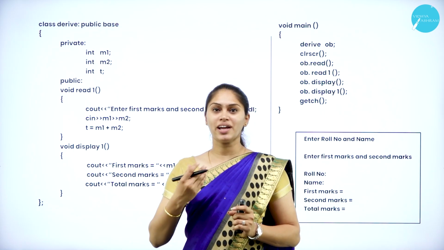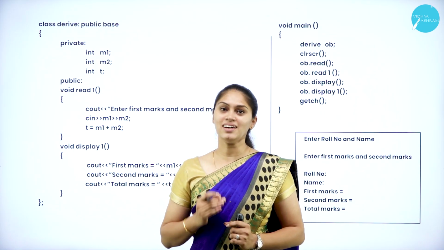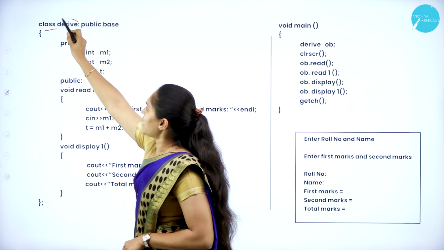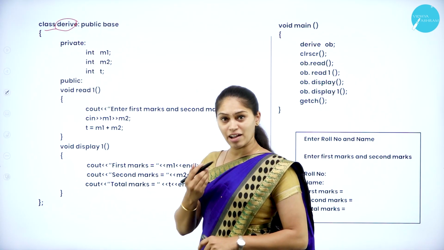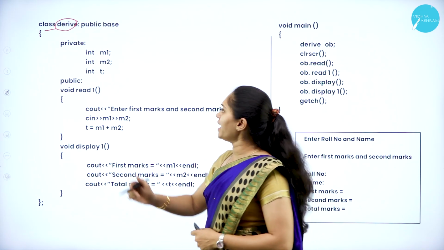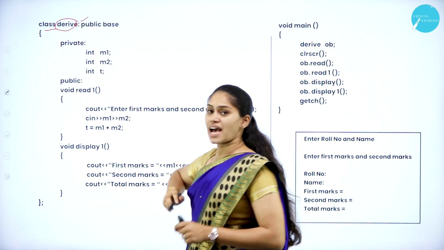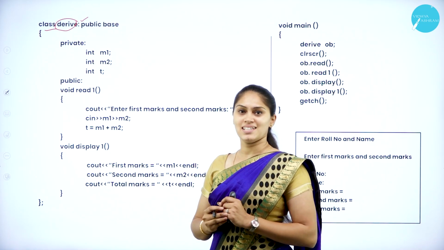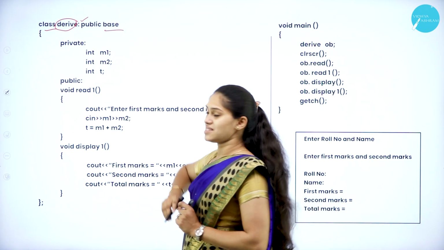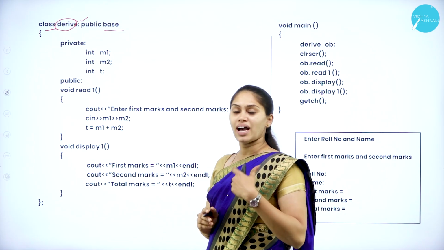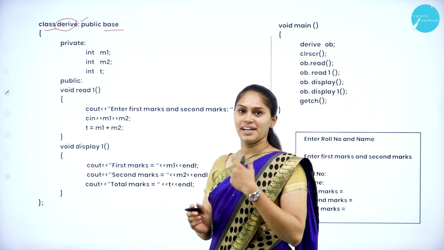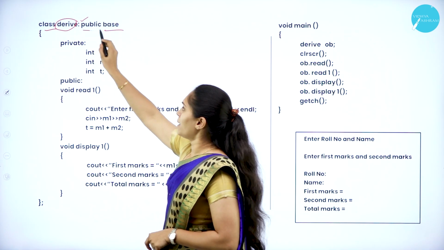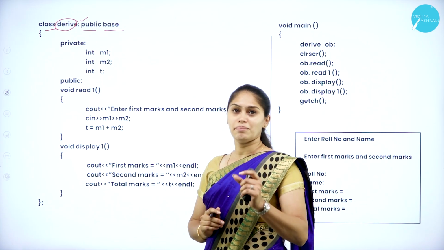So now we'll see how I can define the derived class. Here I have the class keyword and I am taking the class name as derived. I have a colon that indicates I am inheriting the features from the base class. The name of the base class here is base. And for the visibility mode, whether it is public, private or protected, here I'm taking public mode.